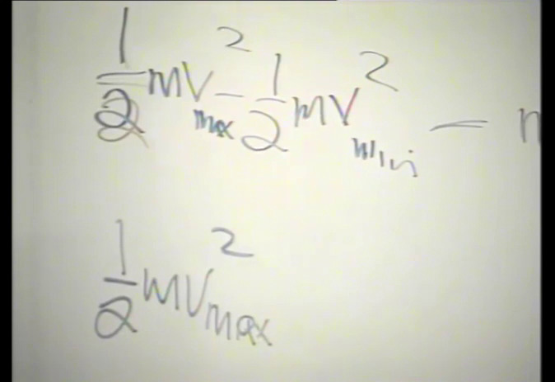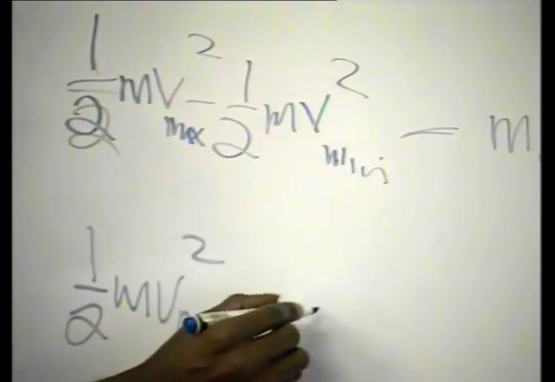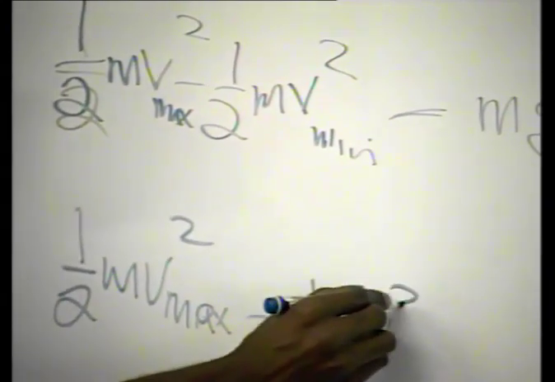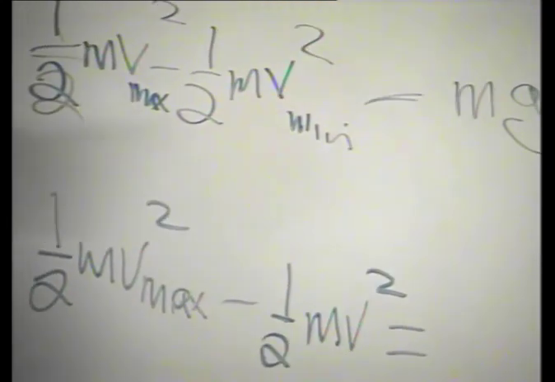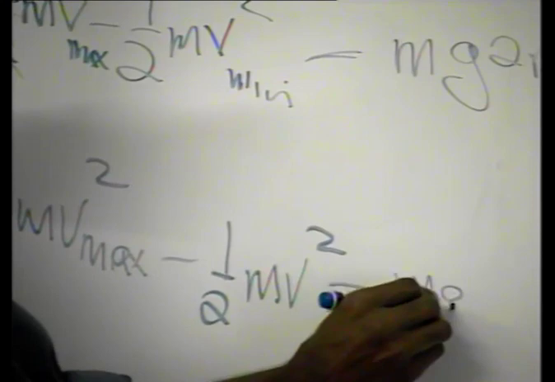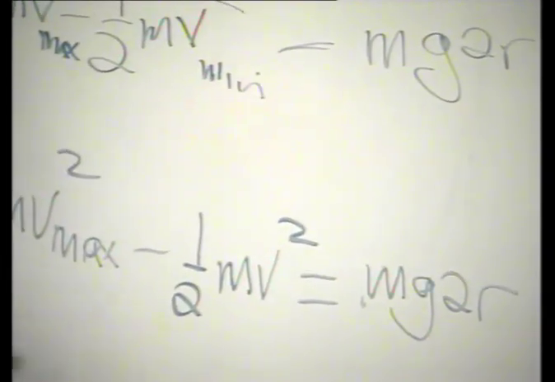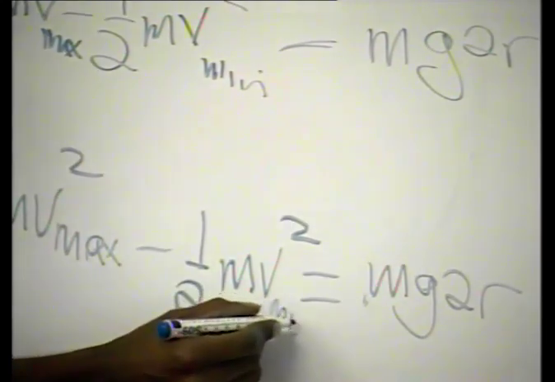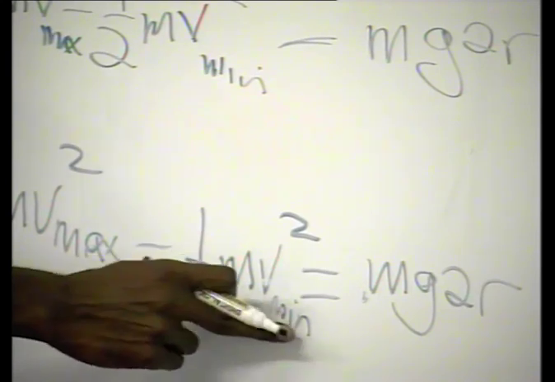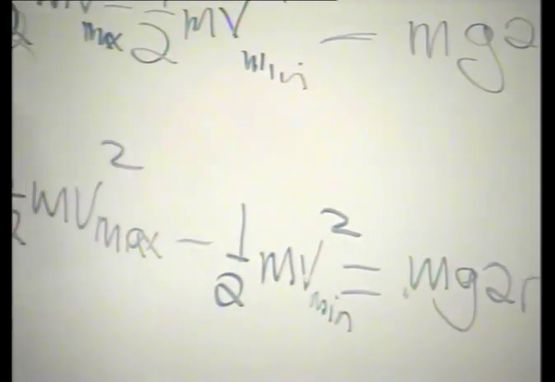At what point? Top of the loop. Okay, so at the top of the loop, this will be the velocity that you'll be asked to find because it is minimum. So in this case, it will be